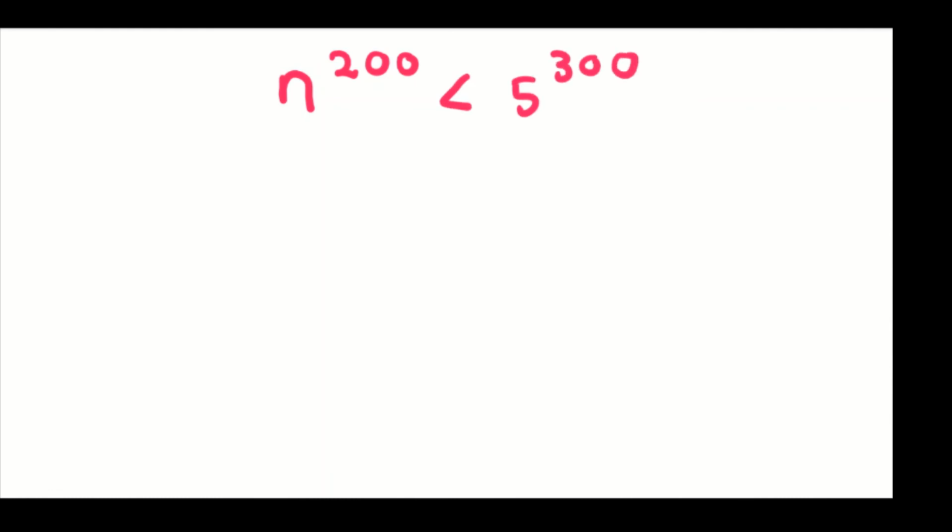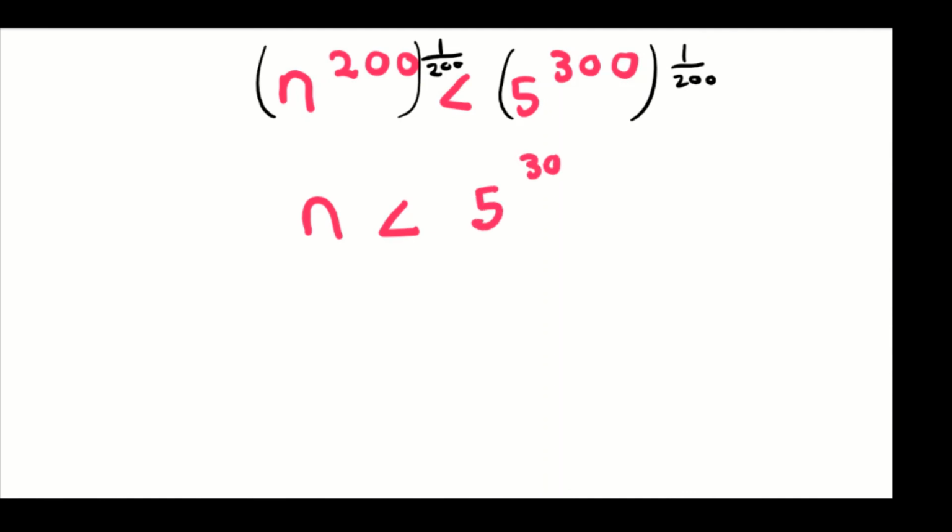So for us to find the value of n, we can use our laws of exponent and remove this 200. So we're going to multiply by 1 over 200 both sides, so it's just going to be 1 over 200, right? And then we'll remain with n being less than 5 to the power of 300 divided by 200,